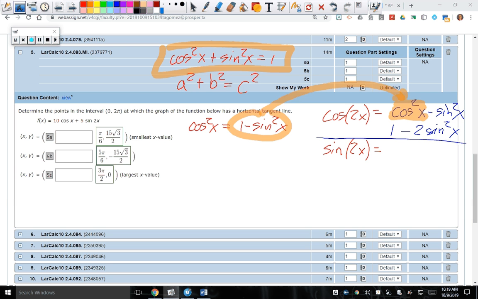Okay, so this other one, sine of 2x, is 2 sine cosine. There's no other form of that. So these are identities that we have to have memorized. Otherwise, we're missing things because of pre-cal, not because of calculus. Okay? All right, so looking at this, if I'm trying to find the horizontal tangents when the derivative is equal